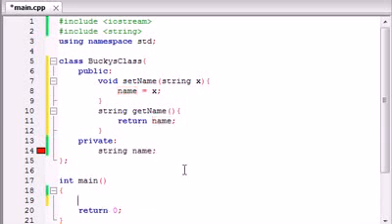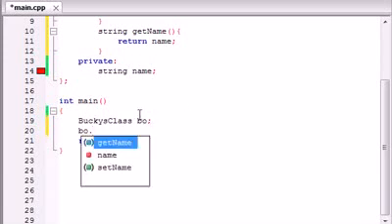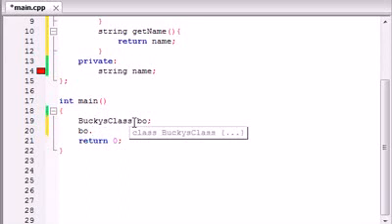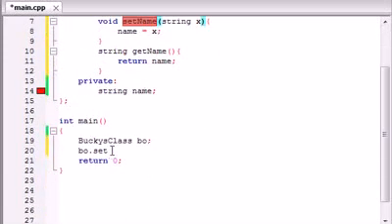So in order to use those functions, we again need an object. So Bucky's class, make another BO object, and now under this, if I scroll up, we can go ahead and use BO. We can use the functions from that class by using the object name and then the dot separator, and then the first thing we want to do is set a value to that. So let me just copy this, paste it right here, and we'll set the name equal to something stupid like